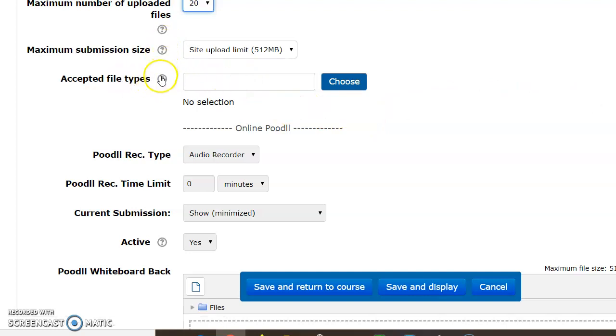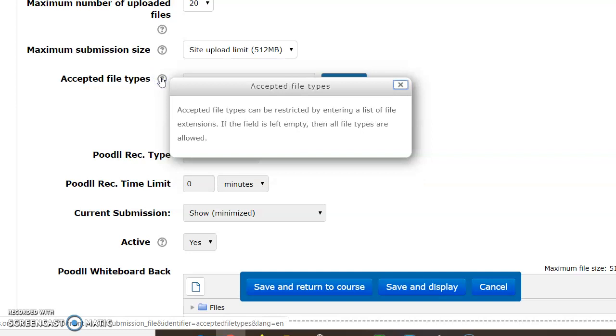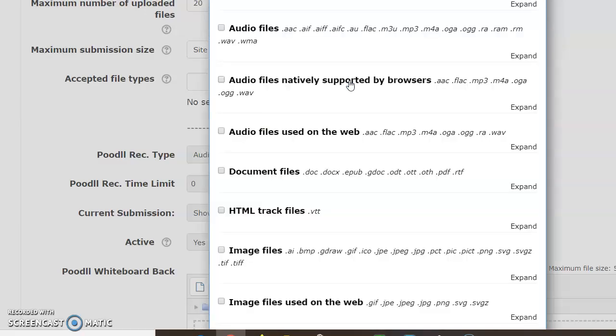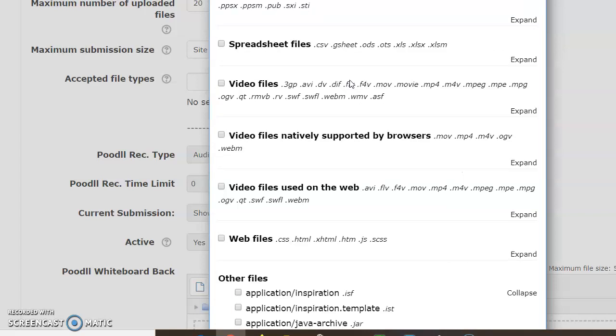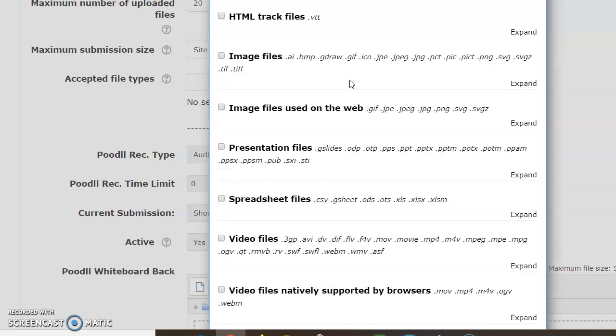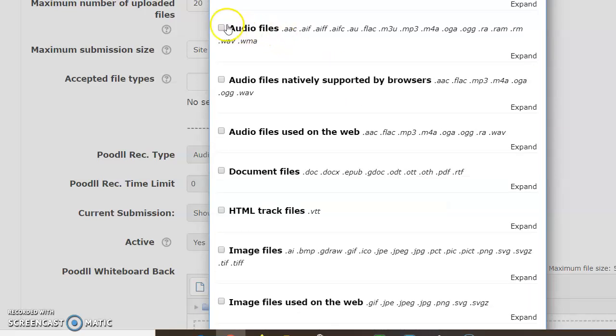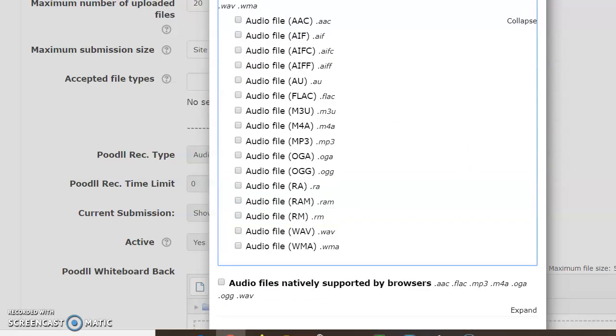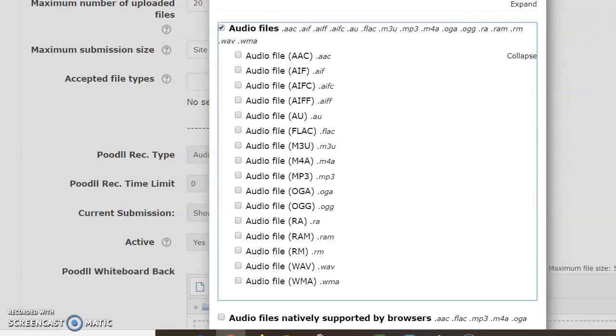If you don't know something, you can always just click on the question mark and it tells you what that is. If you forget, you can click on it again. So accepted file types, I'm going to choose. And then since this is introduce yourself, maybe I'll let people do this with audio files. I don't know at the moment which ones are good ones to have,